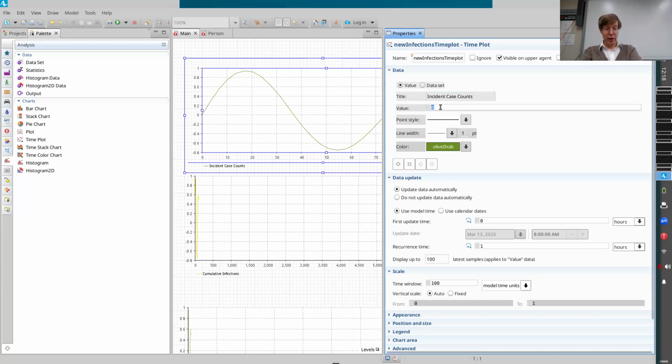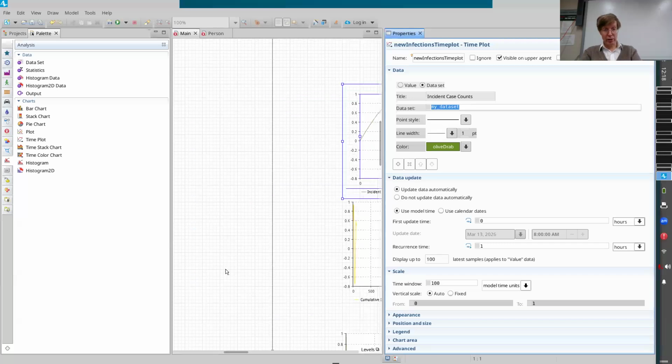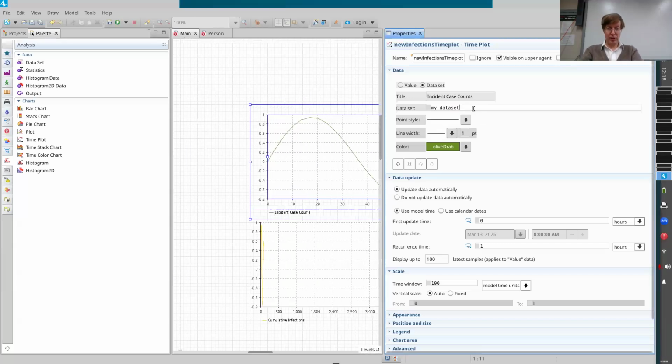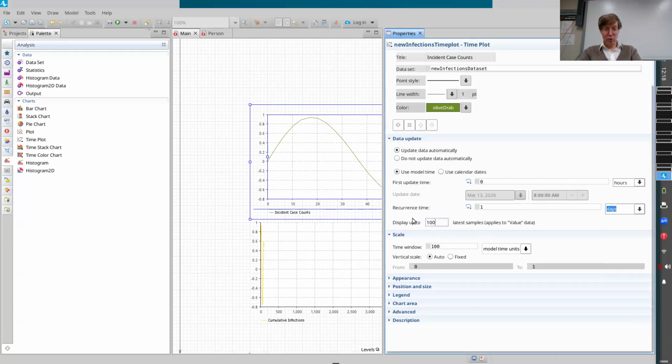And I'm going to say here the name of this data set. So now we're going to select data set. And which data set is it? Well, speak on. It is new infections data set, named worthy of itself. New infections data set. Okay. And we're going to update every day as we are wont. And we are going to keep 8760 samples as computed by